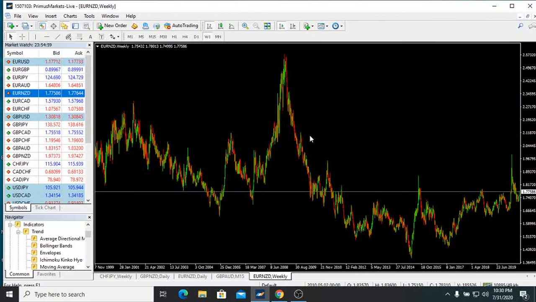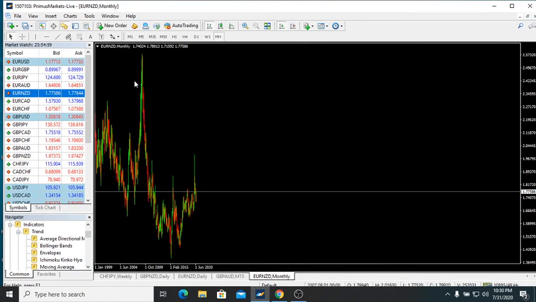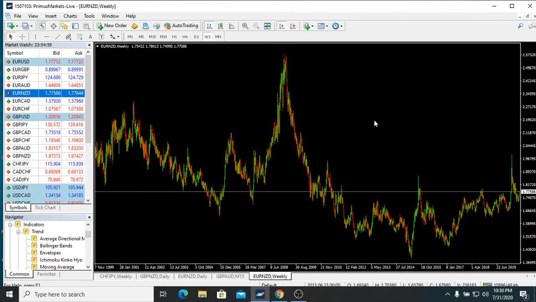The first one I would like us to look at is EURNZD, and if I switch to the monthly time frame, you will see that EURNZD has been on the downtrend and currently moving up. Currently it's on its way up. When you look at the monthly time frame, it's on its way up. So let's zoom to weekly, and just like I said, you can really see from the weekly time frame that